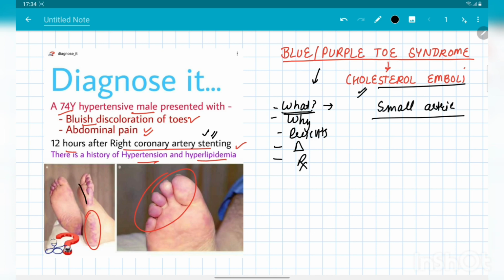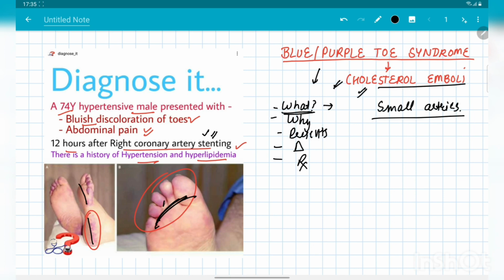As you can see, this ischemia has developed over these distal areas, and this ischemia then leads to development of this blue color, or you can see the purple kind of color. This color appears because of the ischemia, as you can see in Raynaud's phenomenon also. Also, due to inflammation, as these cholesterol crystals are a kind of foreign body for that vessel, inflammation occurs around them, with some giant cells, and other mediators are released that lead to mechanical blockage of the supply to that area. That mechanical blockage then leads to this kind of color over the peripheries.